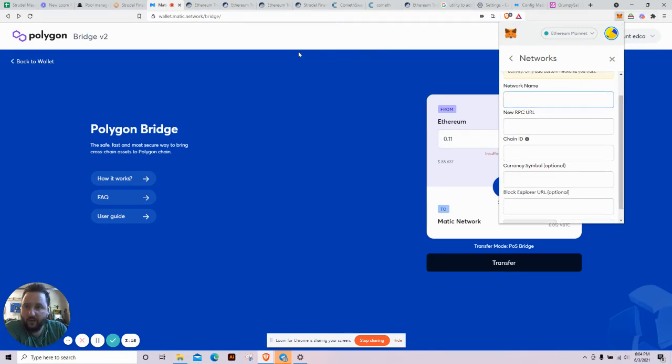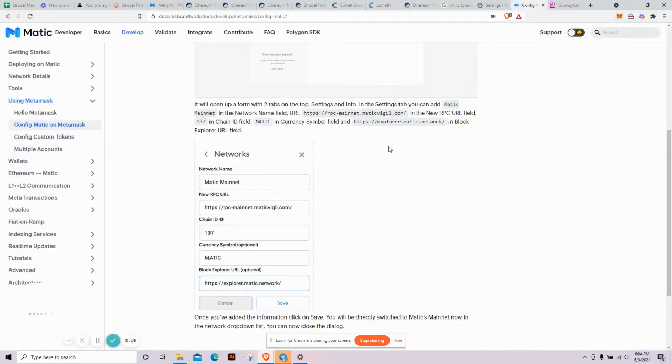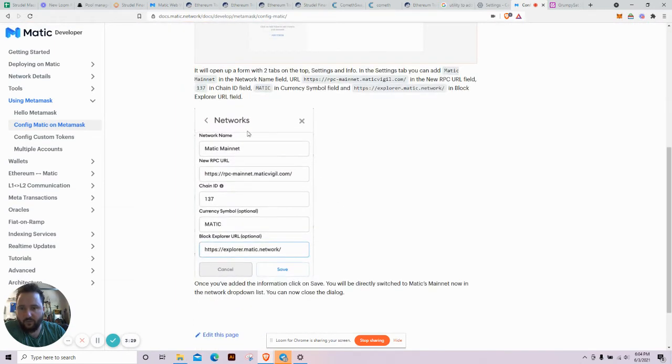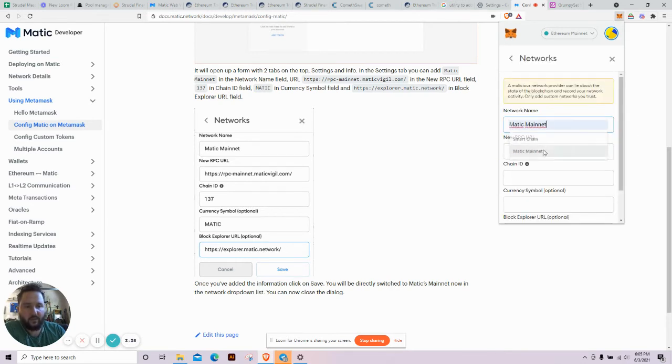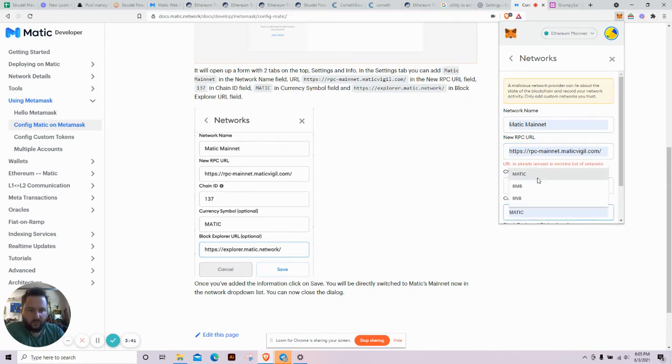Now, you can go ahead and just Google configuring it like Matic MetaMask setup. And this will be the first thing that comes up. It's the Matic docs. And right here, this image you'll see scrolling on down, just like the BSC bridge. You're going to go to Custom RPC, network name, Matic mainnet, RPC mainnet, Matic Vigil, chain ID 137, currency symbol,